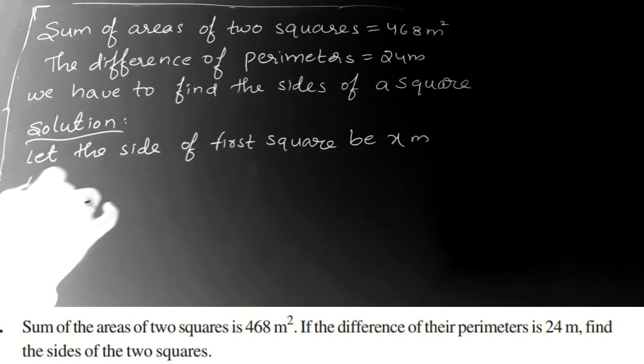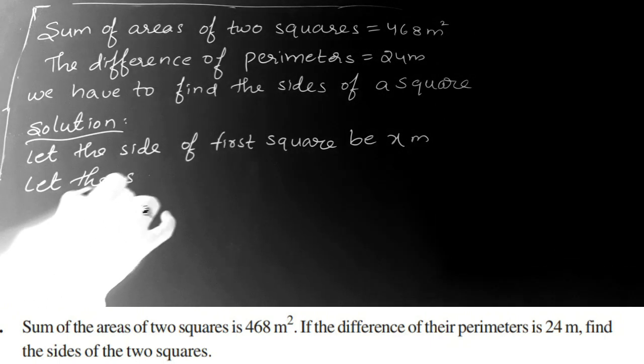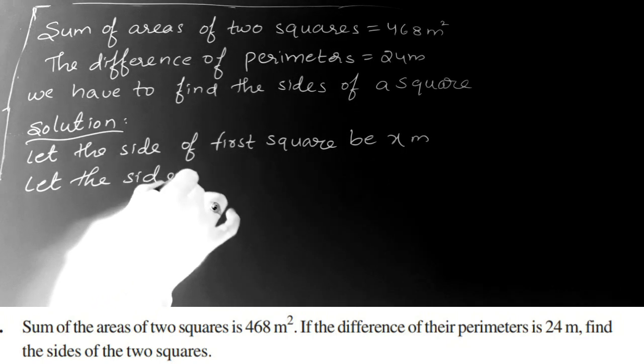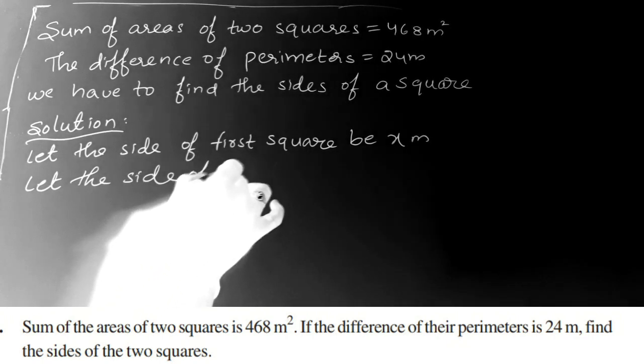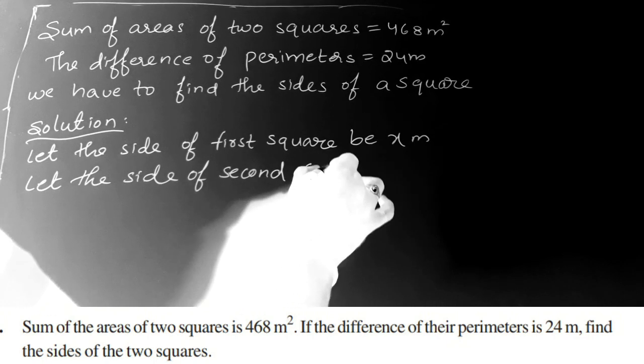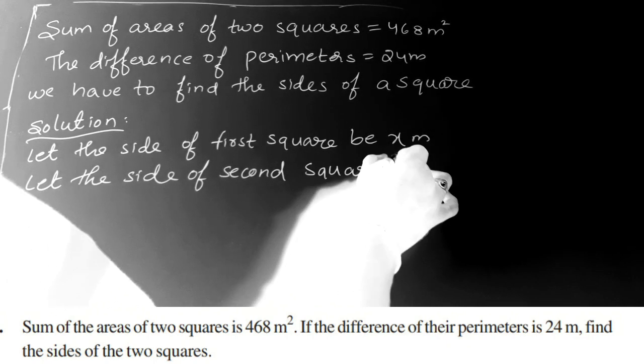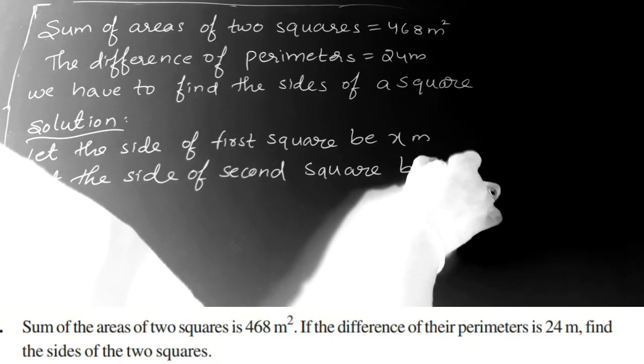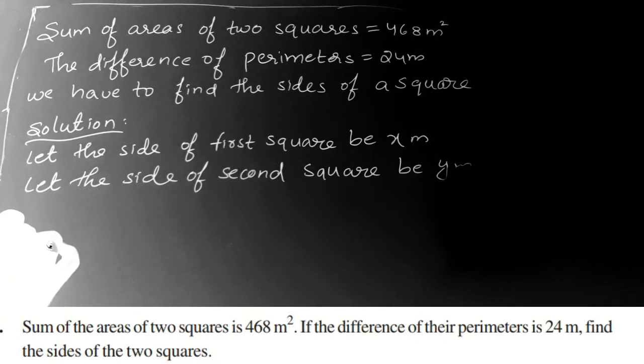Let the side of the second square be y meters. So according to the question,